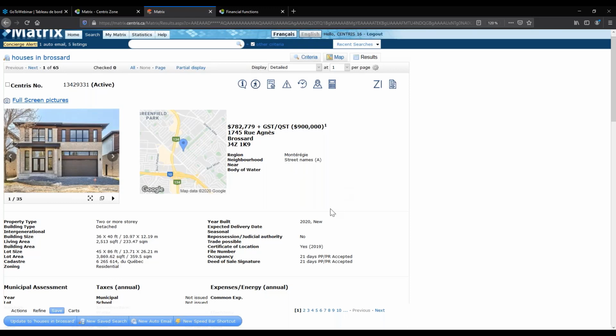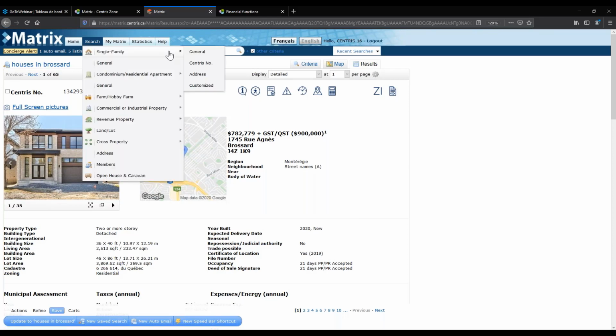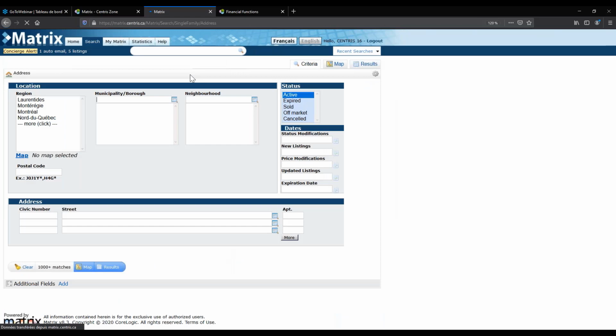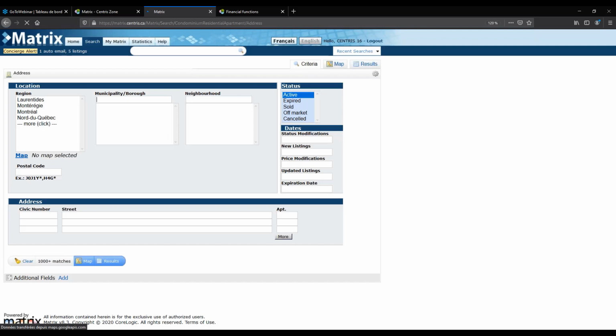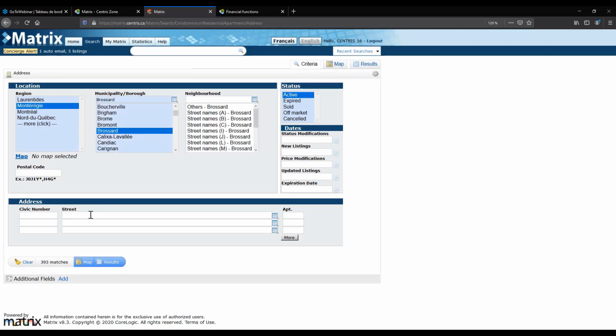And I will finish here the course with how to look for properties by a specific address. So let's say that I'm looking for single families, and I don't remember, let's say, a condominium's address. I don't remember specifically the civic number or the apartment number, but I remember the street name. So I know it was in Montérégie, Brossard, and I remember that it was on Boulevard Milan. So technically, if you just type in the name of the street, the system tells me that there are 0 matches, right? But if I click on the magnifying glass